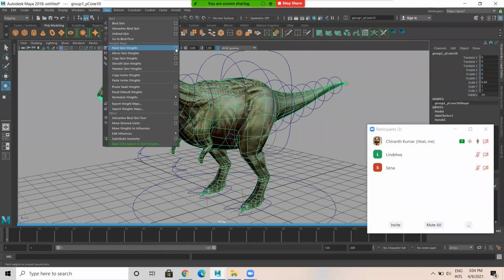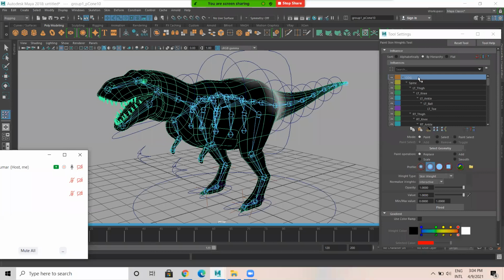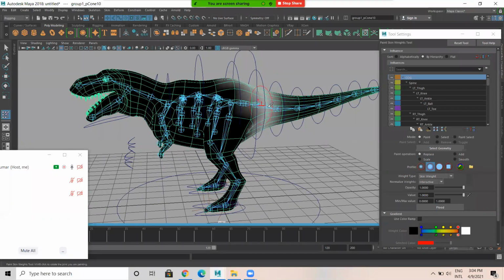Go to the option box. When you go to the option box, it will clearly show which joint you are selecting and what we have to paint. White color represents the joint influences. Dark color represents negative influence.